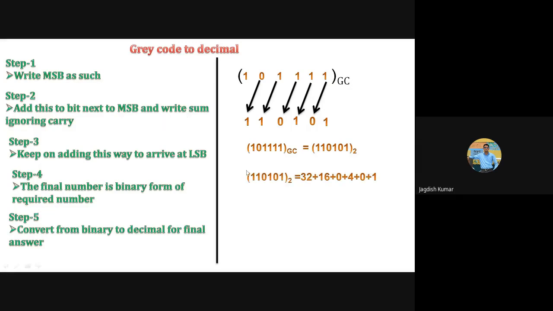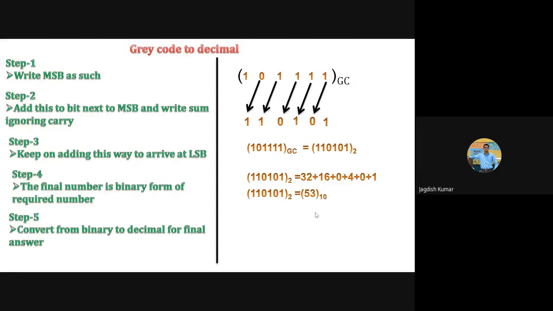So what we do is we take this number and write down the weight for the corresponding bits. This bit is the least significant bit, which has a weight 1. This is 0, so whatever the weight, it doesn't matter. This is bit 1 having weight 4. This is 0 into 8, which is 0 again. This is 1 into 16, which is 16. 1 into 32 is 32. We have already done it earlier as well. So this is nothing but 53.